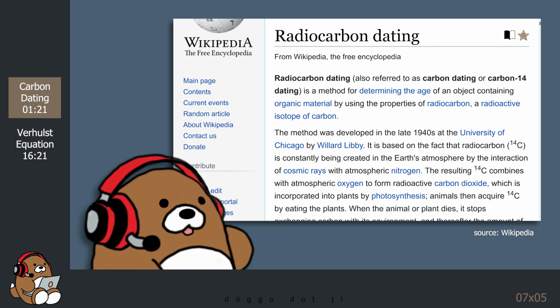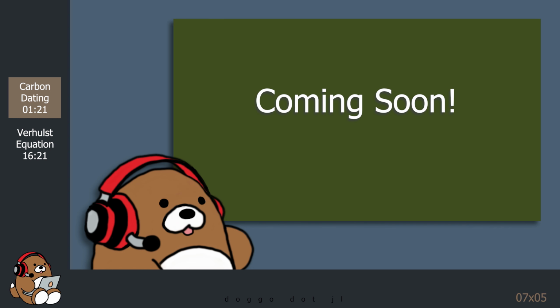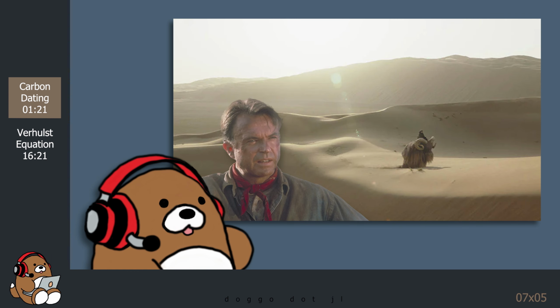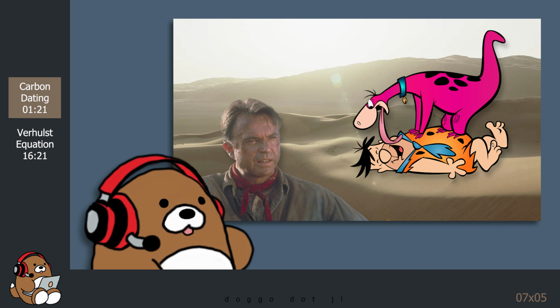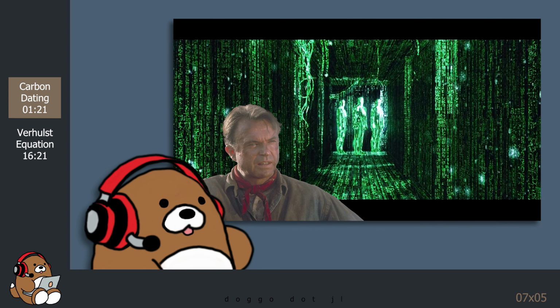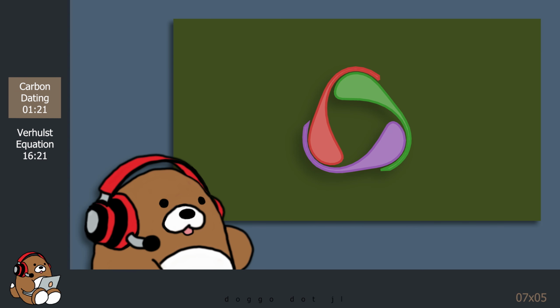Radiocarbon dating is also known as carbon dating. You've probably heard of it. It's a trope of science fiction movies. For example, an archaeologist goes out into the desert and digs up the fossilized remains of a human with a pet dinosaur, and then uses carbon dating to discover that we're all just living in a simulation. Although that may be fiction, here in the real world, we can use differential equations to solve radiocarbon dating problems to discover how many years have passed since a living organism passed away.